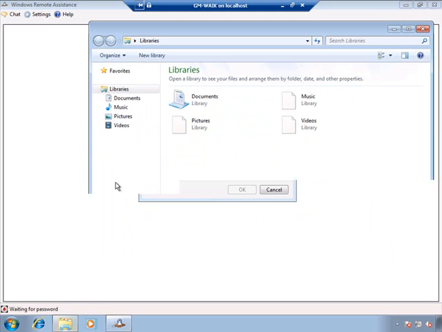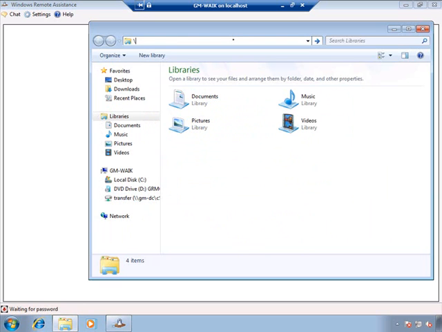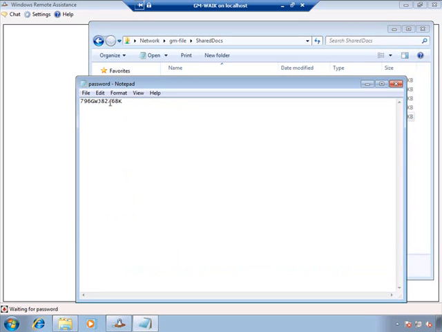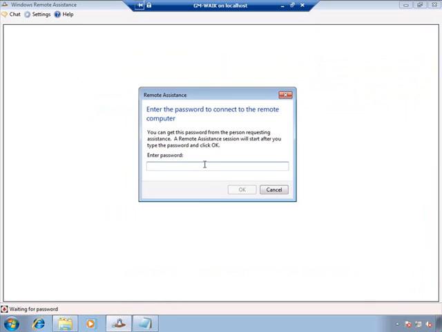Well, I don't remember it, so I'm going to go get it. Shared Docs, password. And I'll just copy and paste the password into, there we go. And I'll click OK. Now I've got a window here and it's going to say waiting for acceptance. So I'm going to go back over to the other machine,